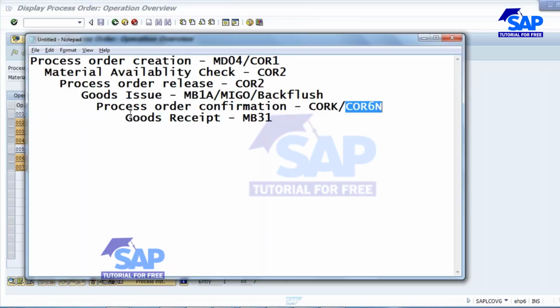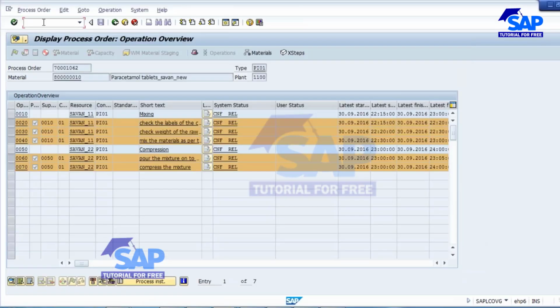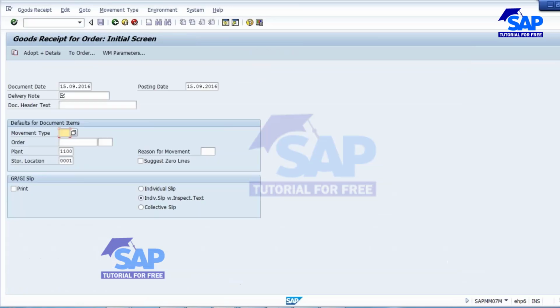After that, once your product is manufactured, you will do the goods receipt, MB31. This goods receipt, whether you are working in discrete or process industry, is the same. You can do it through MB31 manually, or you can do automatic GR, which we discussed during our discrete manufacturing. So it's MB31. I'm not sure whether it will allow or not. Somebody changed all the settings again. Slash and MB31, go to MB31,